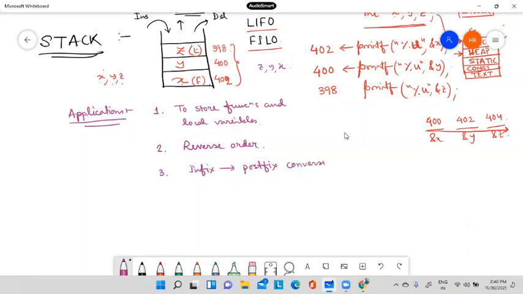Now the question is, what is the meaning of infix and what is the meaning of postfix? Then there is another interesting application, which is called evaluation of postfix expression. This is another important task.